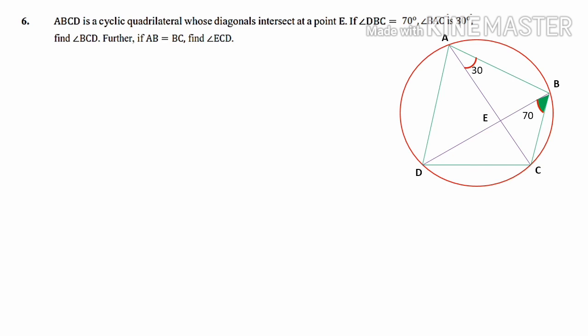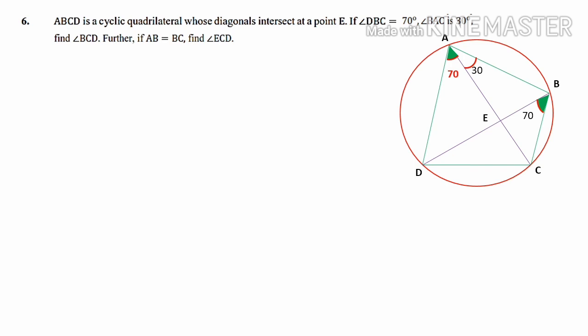So first of all, we have to go through the diagram here and check whether there is any angle we can relate with another one. When you check the chord CD or DC, DBC is the angle marked at 70 degrees here, and with the same starting and ending points there is another angle DAC. That means these two angles are angles on the same segment, because the starting and ending points are the same. So once again, DAC and DBC are angles on the same segment.